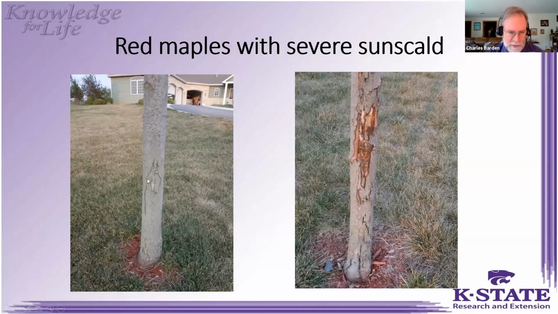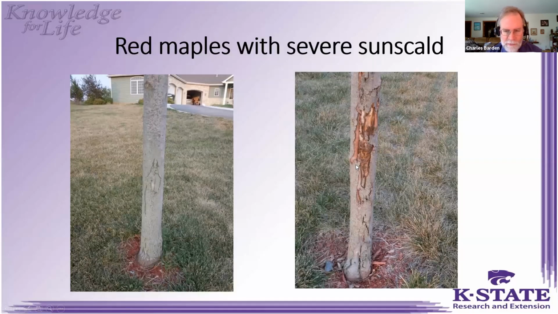And you can see we had some sun scald here. This one is not too severe, but you see in this one on the left, these cracks mean that the cambium has been dead underneath that bark right there, about 1 foot long, about 3 or 4 inches wide. So he's got a pretty good scar there. The one on the right is much more severe. It's just progressed a little bit further. This one had sun scald about 5 feet from the first branch down to the root system. You can see that bark is sloughed off, and now the callus tissue is trying to grow back around it.